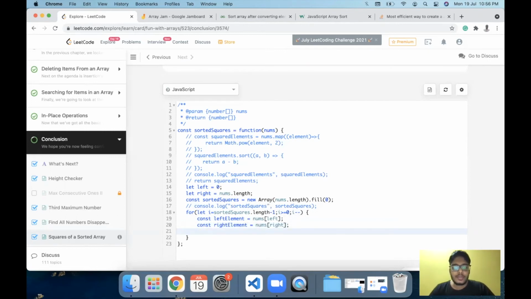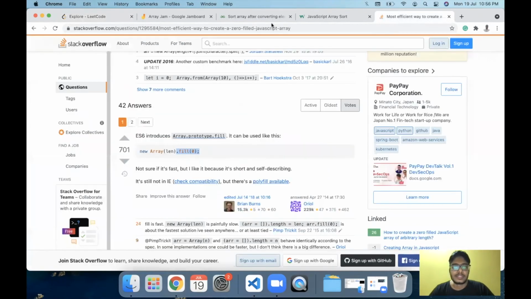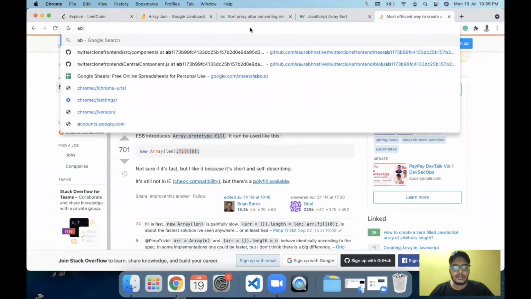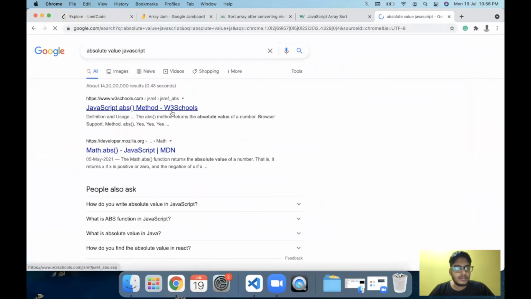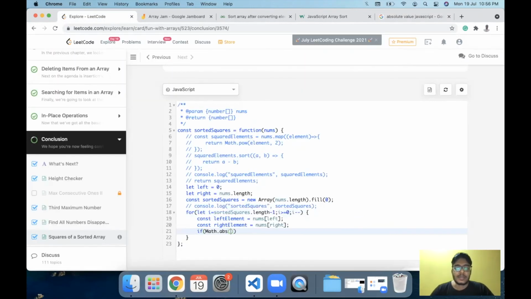Then we check if Math.abs, I think it is abs, but let me just check. Yes, it is abs. So Math.abs of the left element needs to be checked whether it is greater than Math.abs of the right element.